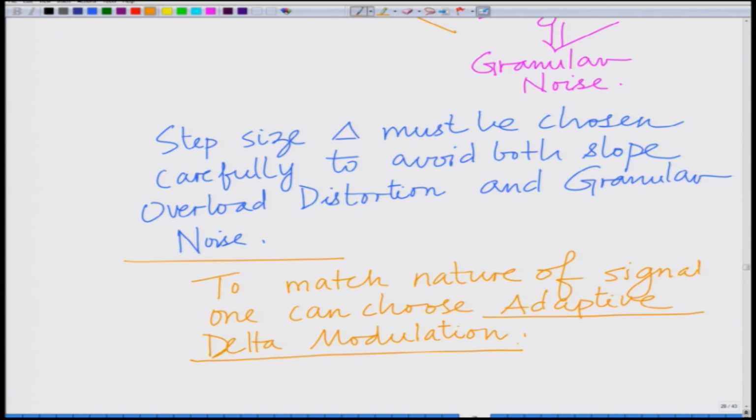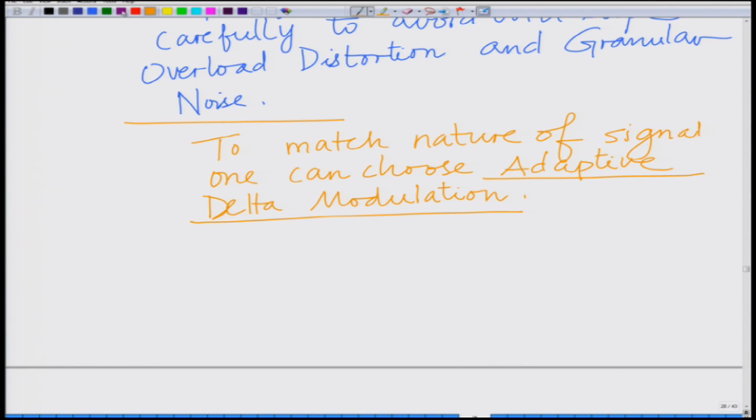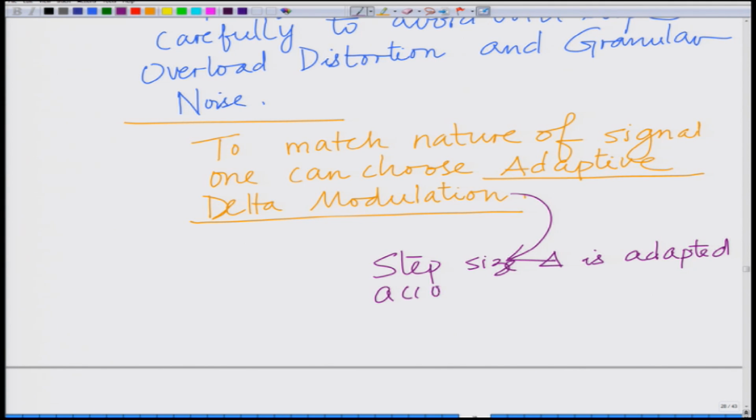In adaptive delta modulation, what happens is the step size delta is adapted according to the signal